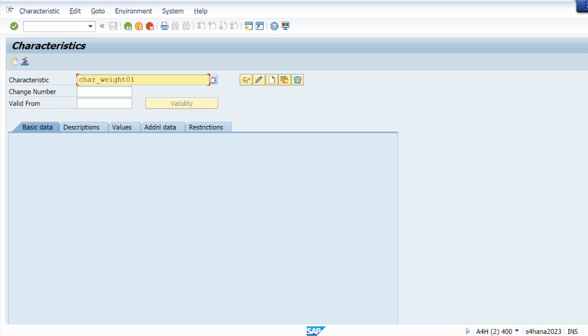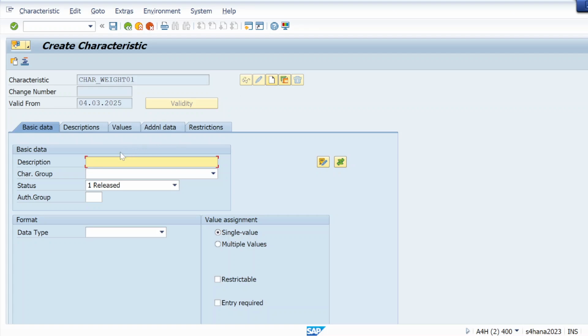So in T code CT04, just give your characteristic. You can give anything here. So I'm just giving that, and I will click on create. And I'm going to mention all these details.